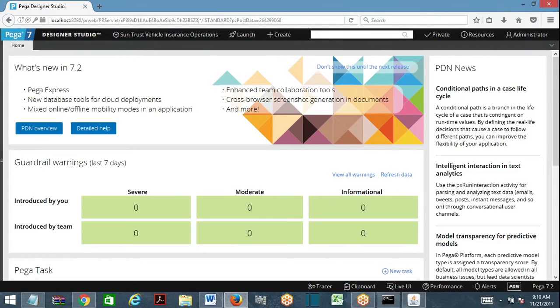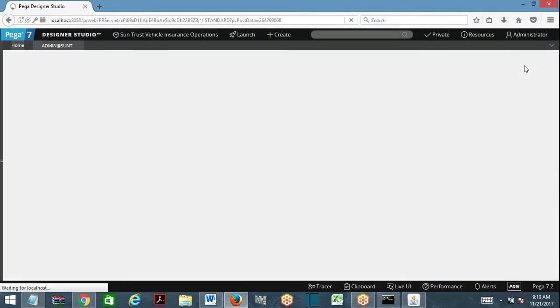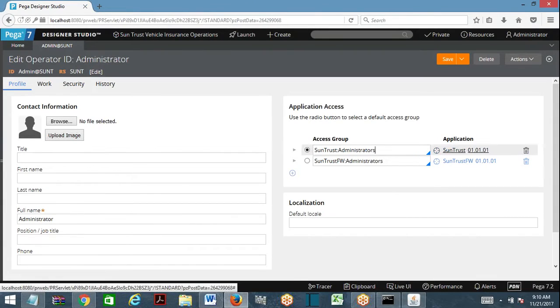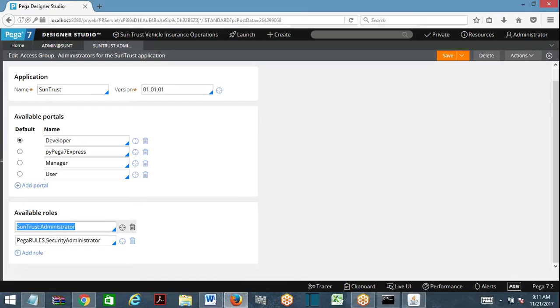So let me explain you the basic idea about all these connections of these rules. If you open operator profile, so operator profile is being added to access group. If you open access group, when you open access group, you have access roles available. This is access role.